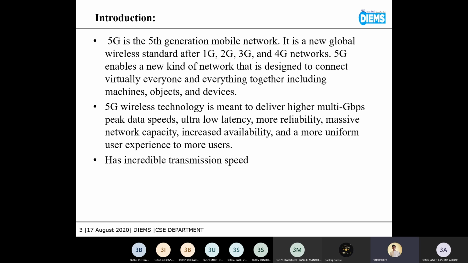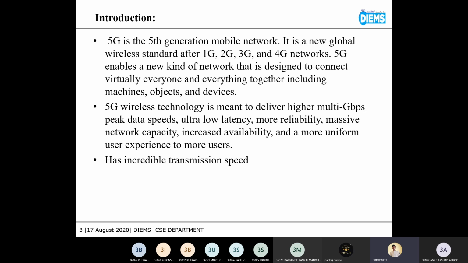So let me tell you what is 5G. Every one of us has heard the word 5G. Everyone must be familiar with 3G, 4G. Nowadays, Jio has bought the 5G network in India. They are going to start the work from scratch. They have even started the work, and possibly 5G will be in the market by next